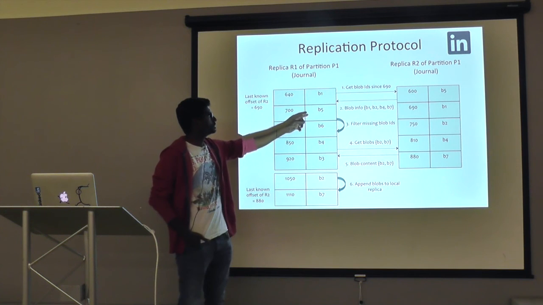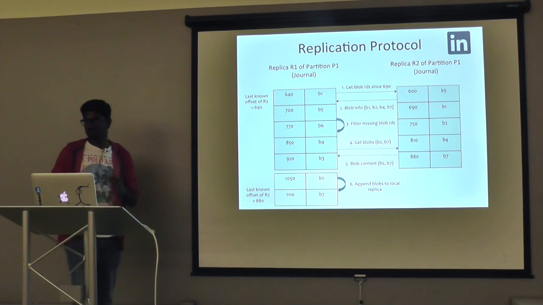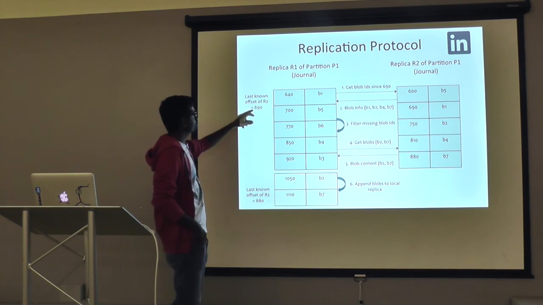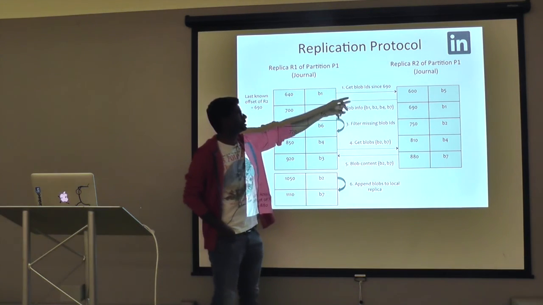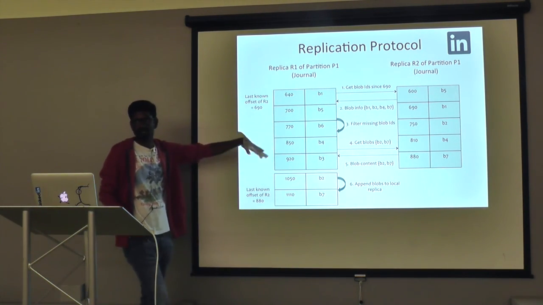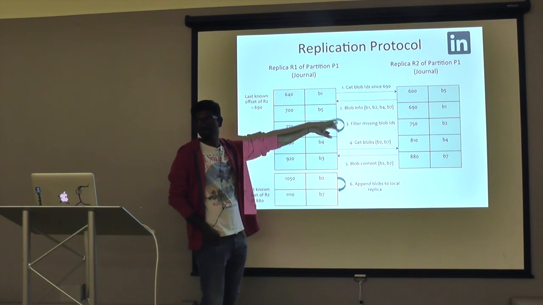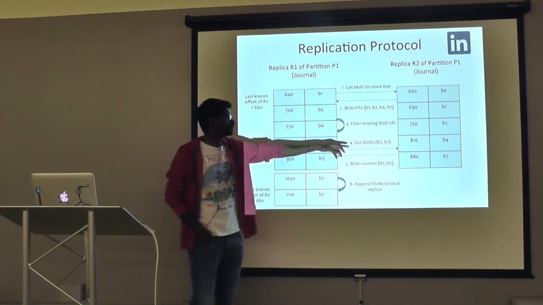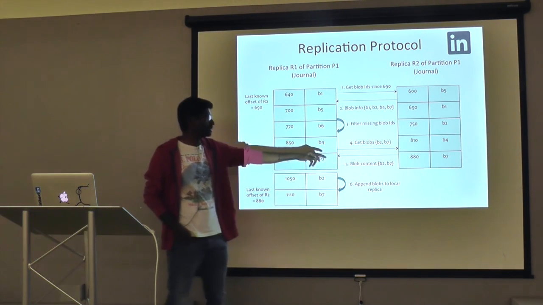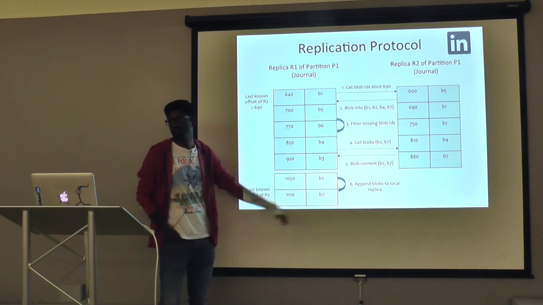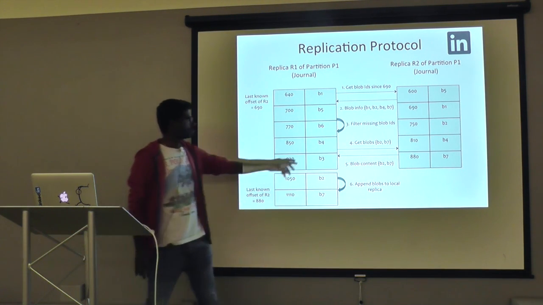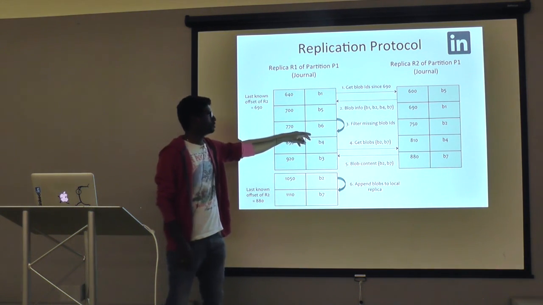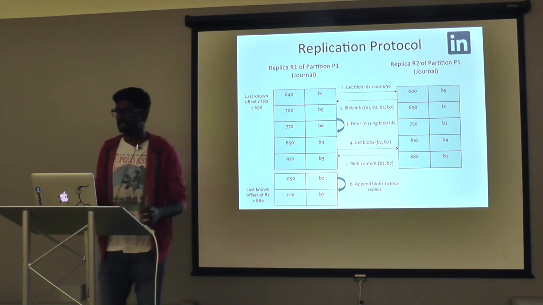So during replication, every replica maintains the last known offset that it knew about every other replica. So replica R1 knows about R2 until 690. During replication, it asks what are the new blobs that have come to your store. It returns just the blob ID information, not the actual blob. Then in the third step, it filters out the blobs it already has and asks for just the actual blob content. In the second round trip, it returns the actual blobs, and then it updates the local store with those blobs. So here as well as here, especially here, there are chances that the actual blob is being replicated from different replicas. So we don't actually replicate over here.